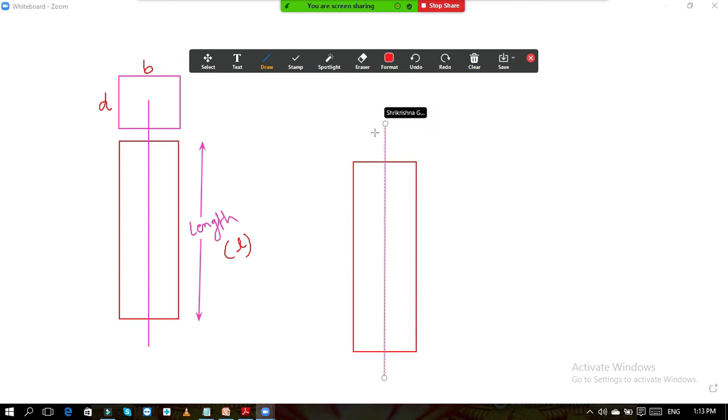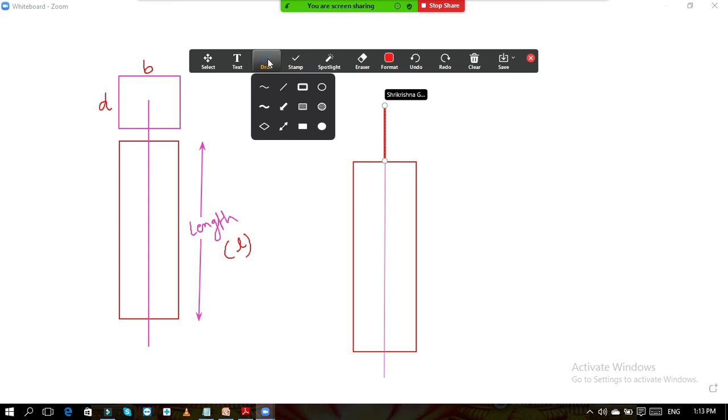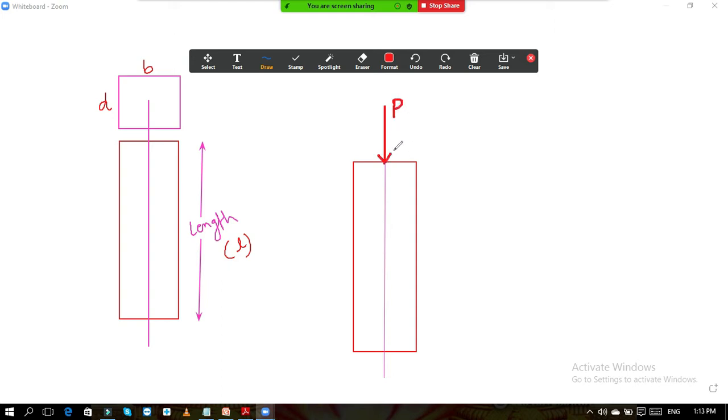If your load is acting exactly at this point, then it is a concentric load, not an eccentric load. This is your load P. Then only direct stress is developed in the column, and that direct stress sigma can be calculated